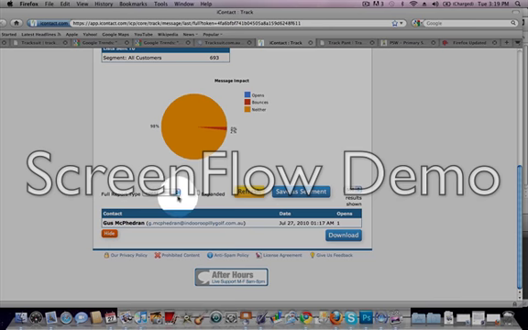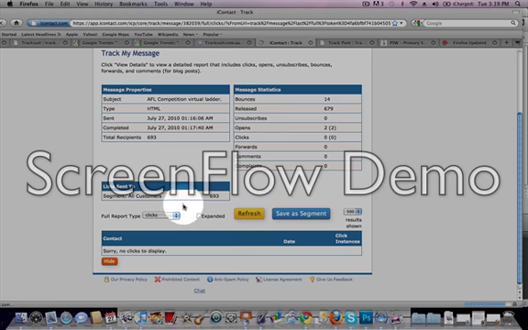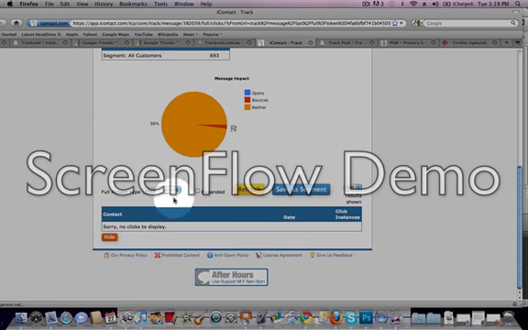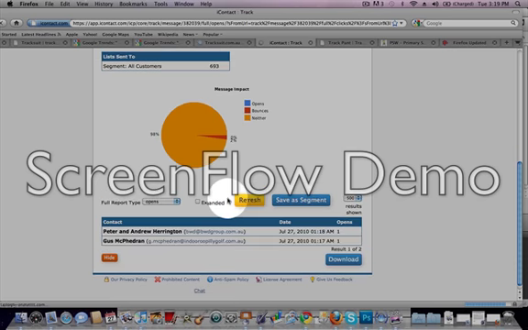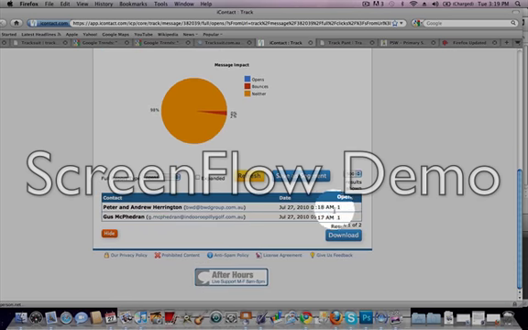And then it starts with the open, so Gus has been the first one to open. And then if we had more, you can have a look at who's clicked on things. So if you've got a link to something, you can see how many clicks there are on a link. Obviously we just sent it, so there's not many people who have opened it or even clicked. Okay, now we've got a couple of people that have